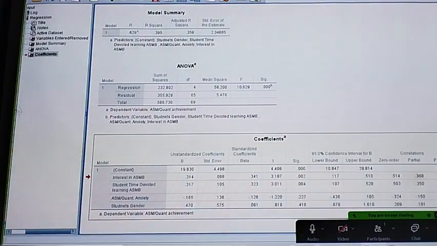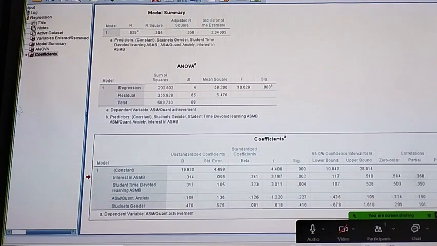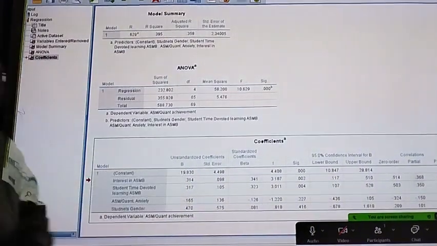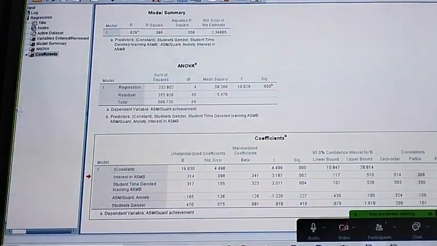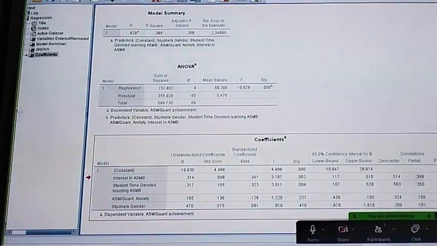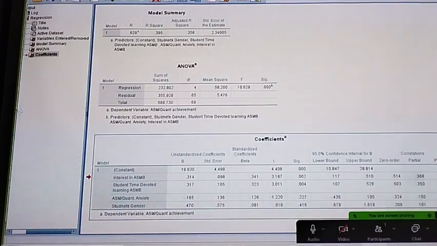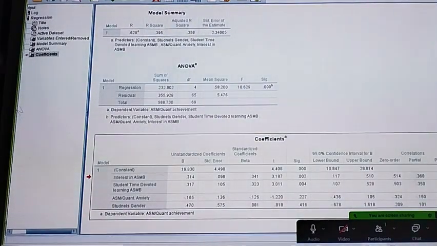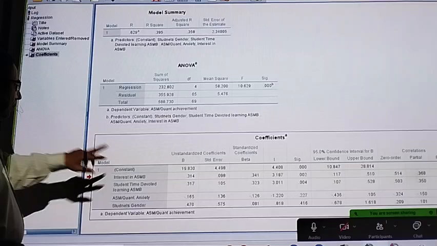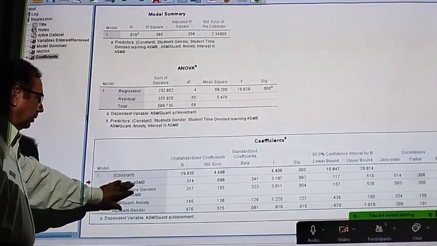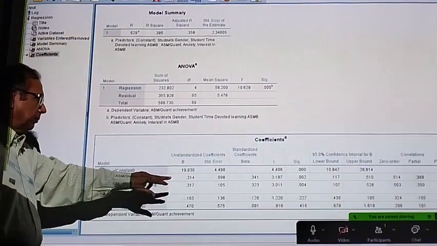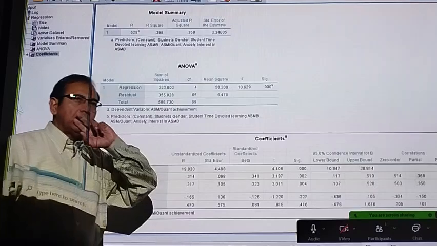सर, इसमें हम कांस्टेंट कैसे इंटरप्रेट करेंगे? आपने कहा था इससे अनबायस्ड हो जाता है। वो तो हो गया ना। यहाँ पे कांस्टेंट का कोई मीनिंग नहीं है, बट इफ यू वांट टू इंटरप्रेट, पहले मैं ये सारा समझा दूँ। कांस्टेंट का मतलब क्या है कि ऑल दीज थिंग्स आर ज़ीरो, अगर आप इनको ज़ीरो कर दें तो व्हाट इज़ द वैल्यू ऑफ द अचीवमेंट स्कोर, तो आपका अचीवमेंट स्कोर 19.83 है।